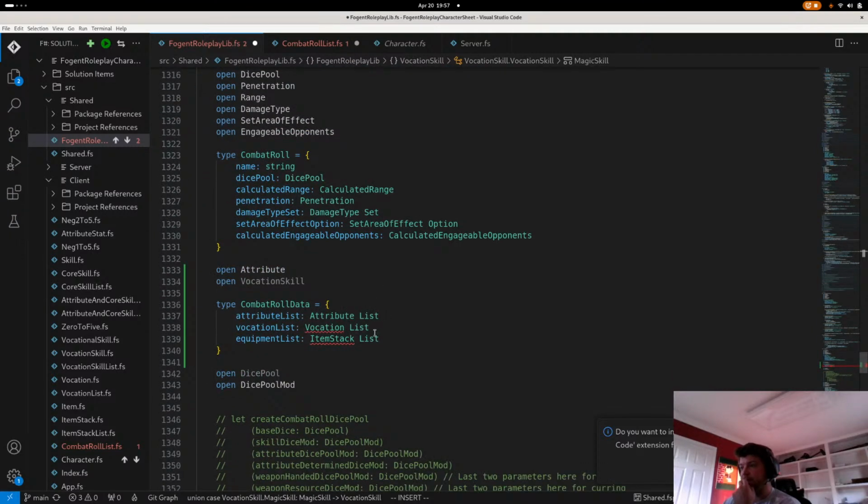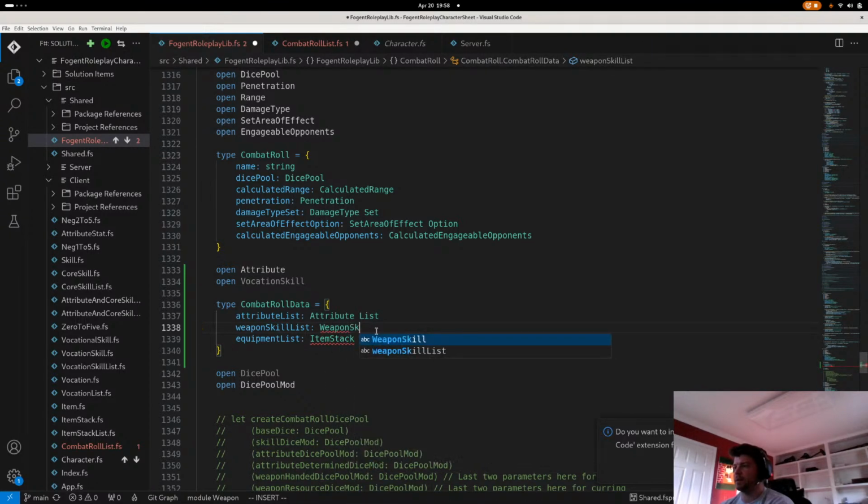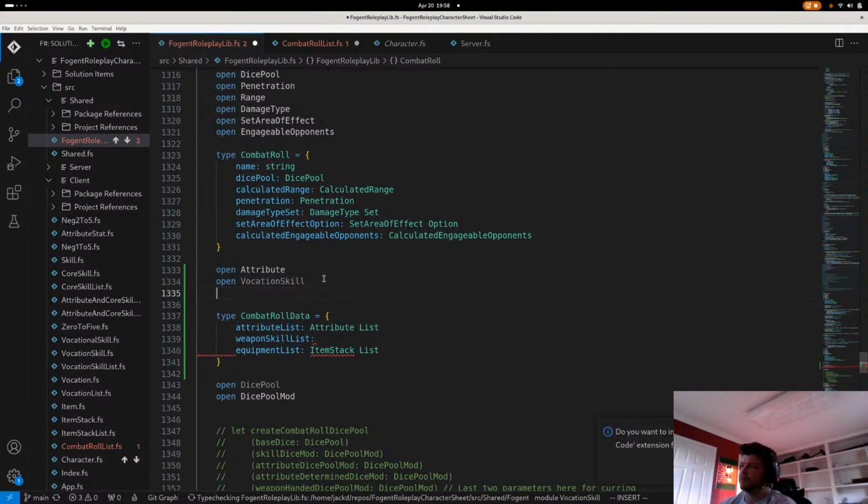We're going to say, hey, we don't want a vocation list because I'd have to digest it here. Instead, I want a weapon skill list, so I want to know what weapon skills you're good at. And this will be of weapon skill. And actually, I don't even know if that'll work, because I think the way I have my type set up here,